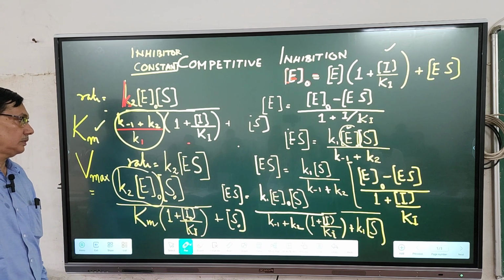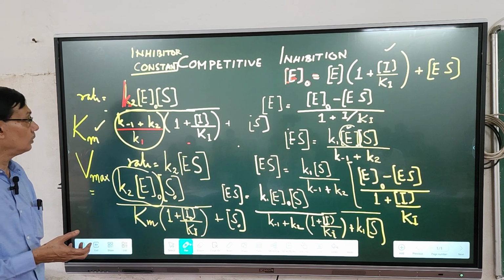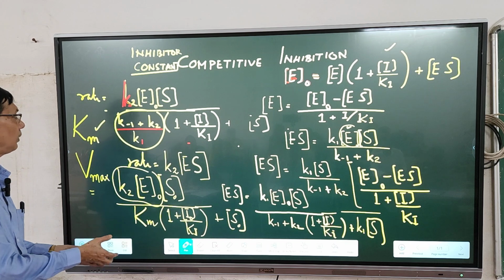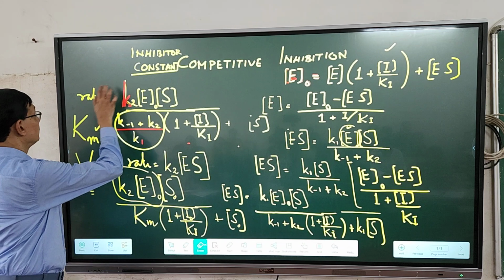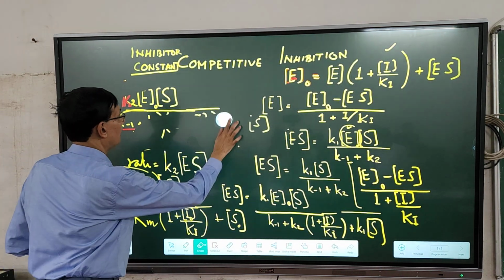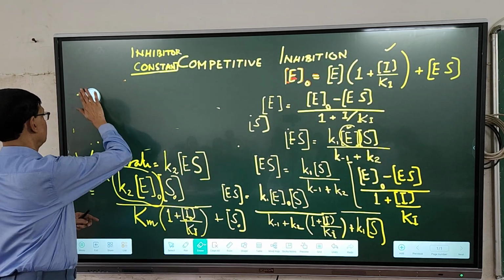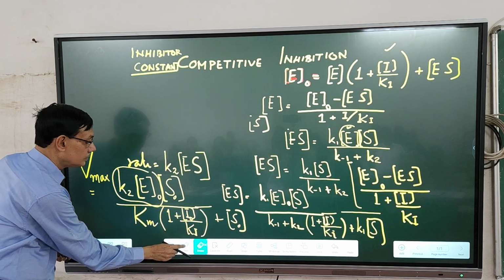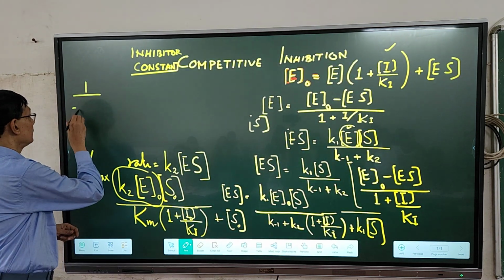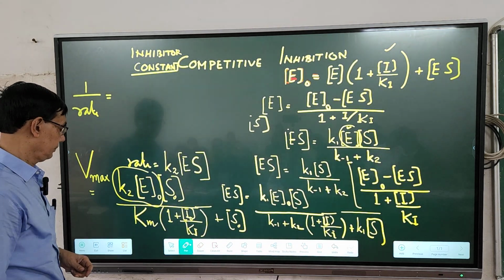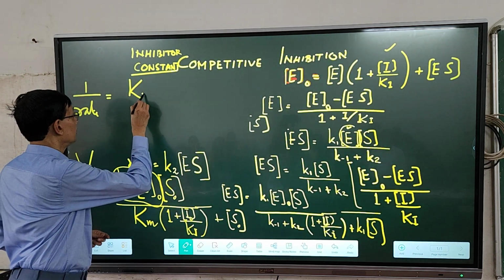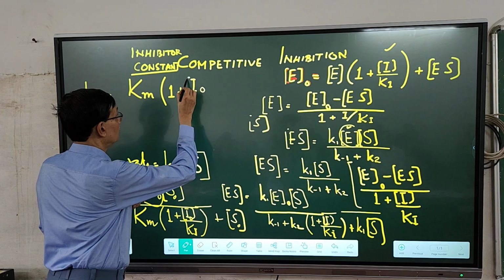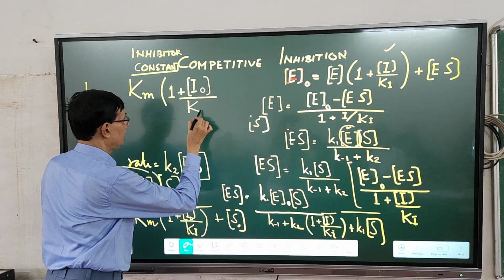But in order to determine the Km value precisely, what we have to do? Double reciprocal plot. Just if we reverse this, that is called the Lineweaver-Burk plot. So that is 1 by rate is equal to Km (1 plus I0, or you can simply write I, there is no problem, divided by Ki)